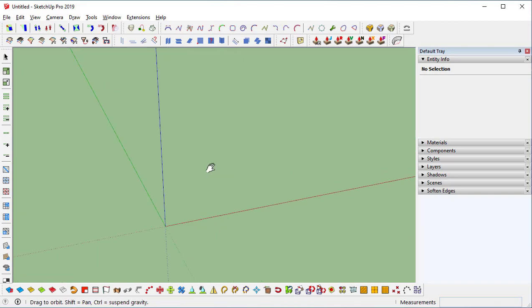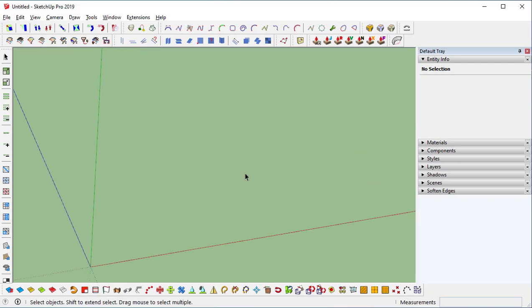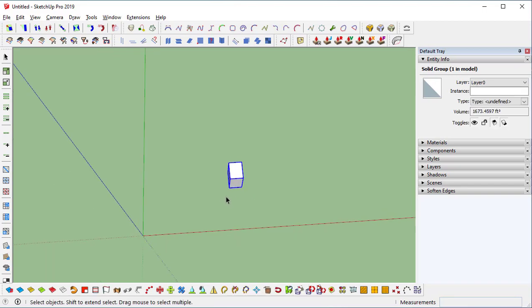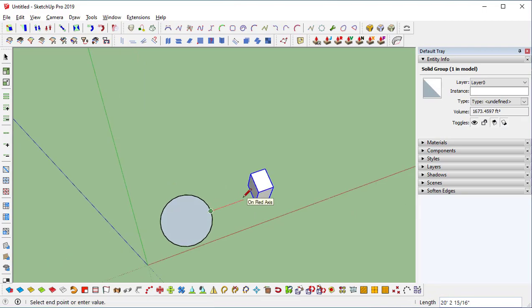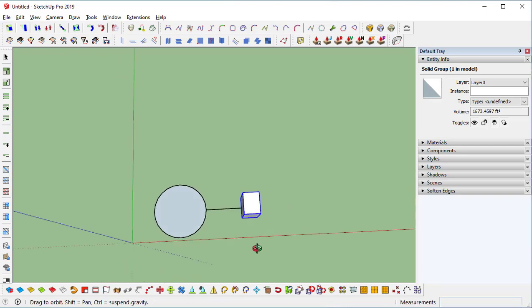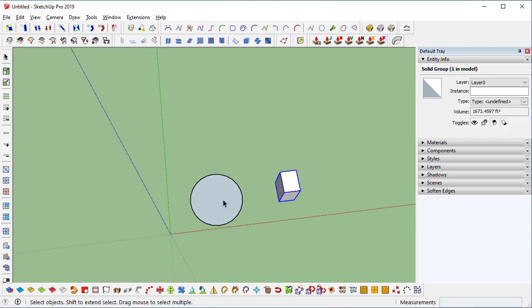If you want to create multiples in a circular position, I will do one more thing. I will again create a box and make it a group. I will use a circle as a reference. Next, I want to place this solid. I will draw a line like this and move center to center. See, I have placed this box at a horizontal position.